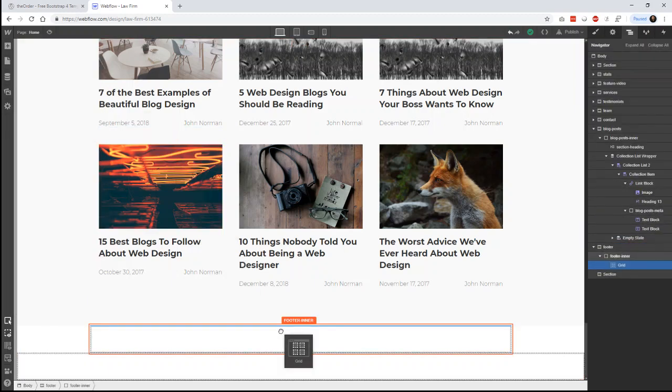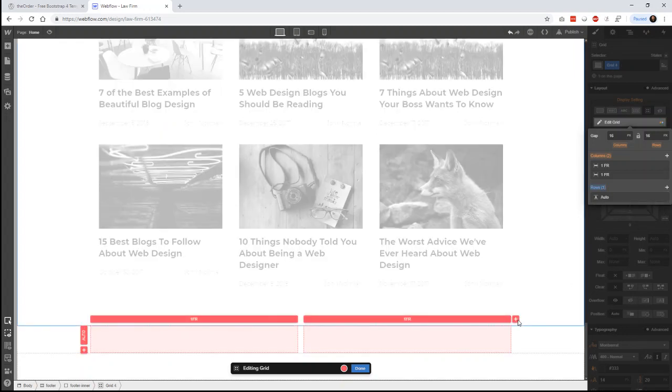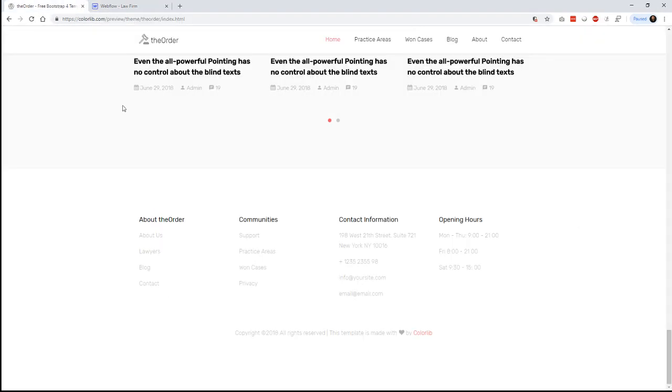So we just drag it into footer inner, and then now we have not the structure that we want yet, but it's getting there. So let's remove one of these rows, and then we can use the plus sign here, or you can use the plus sign here to add more columns. So let's do it both ways. We add a column there, and if you want one more, you add a column there. So now we have 4 equal width columns, and they span our 1200 pixel section,